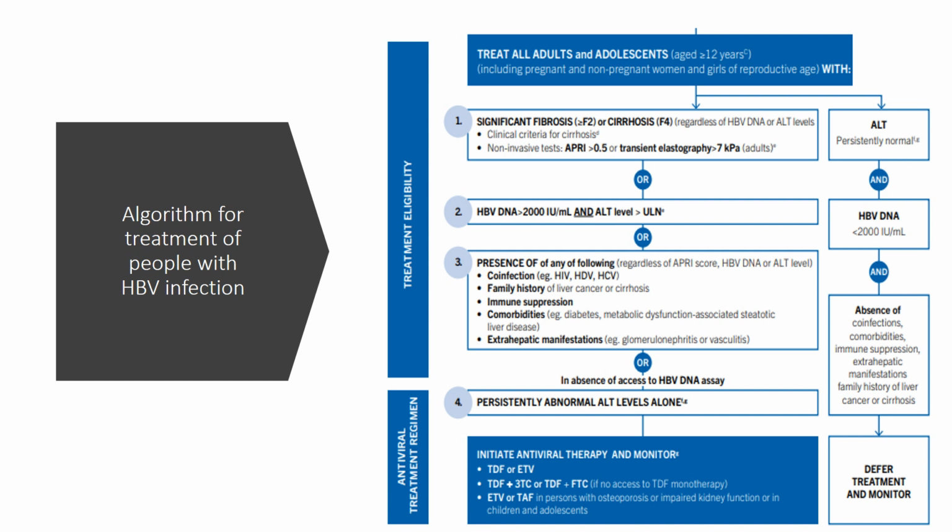TAF could be an alternative to TDF in specific clinical situations for people co-infected with HIV and HBV, especially if renal or bone problems are a concern, and for adolescents. If neither TDF nor TAF can be safely used, the alternative recommended hepatitis B therapy is ETV in addition to a fully suppressive